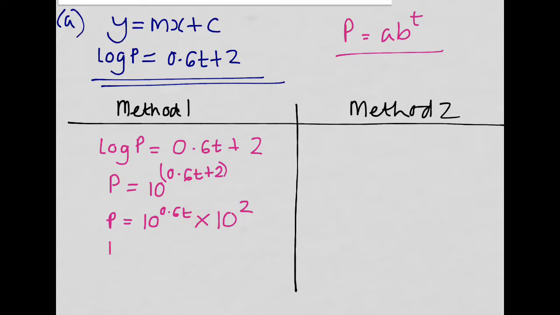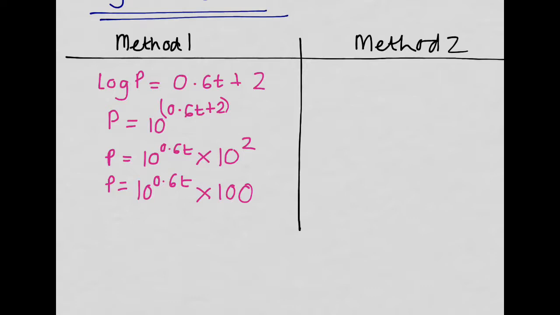So this would be p equals 10 to the 0.6t multiplied by 100. Okay, so going on a stage from there, I could write that this is p equals 10 to the 0.6 to the power t